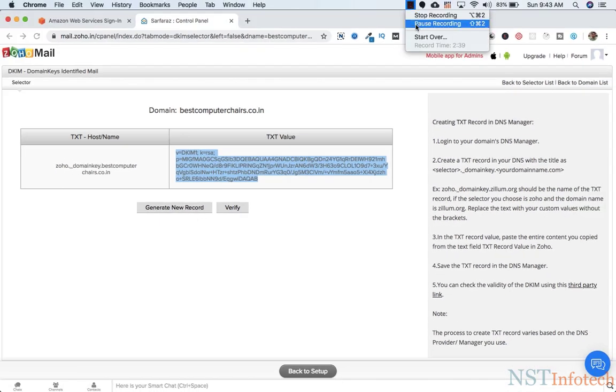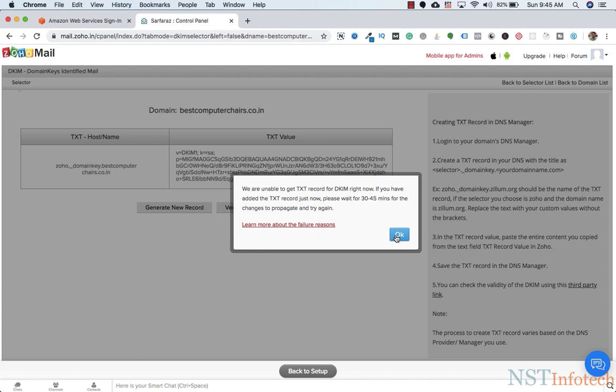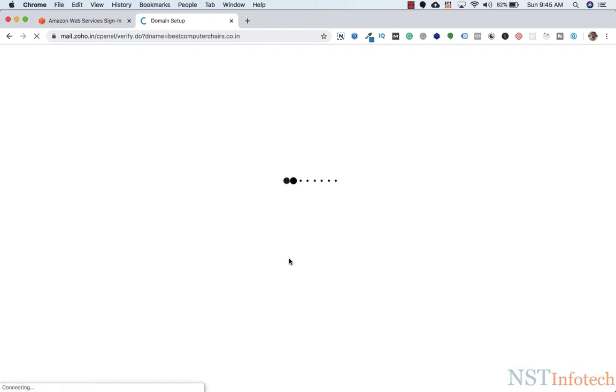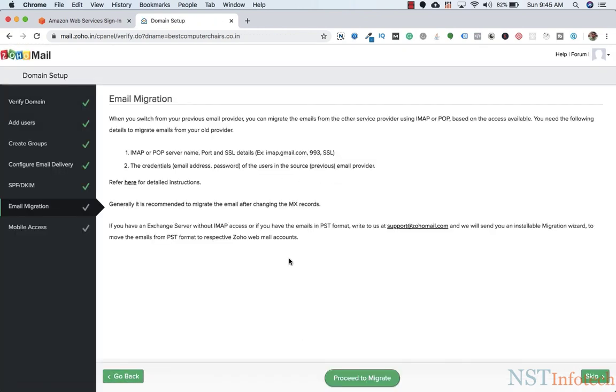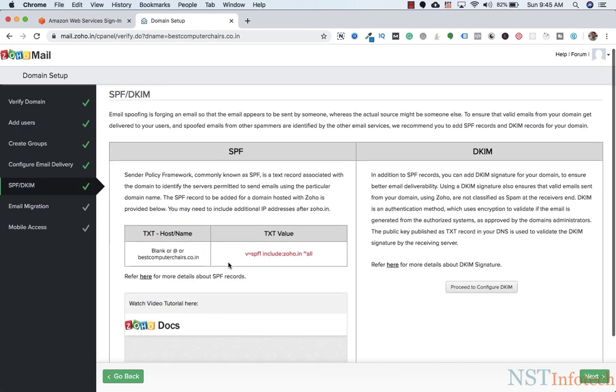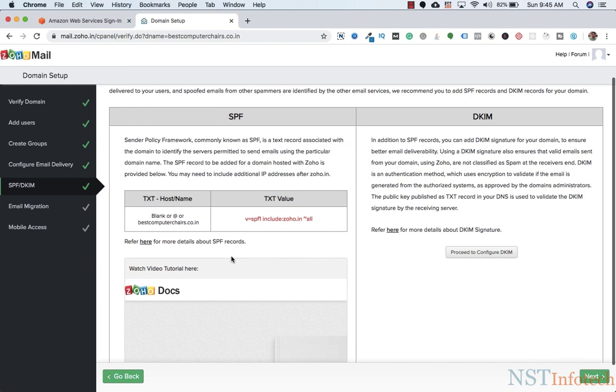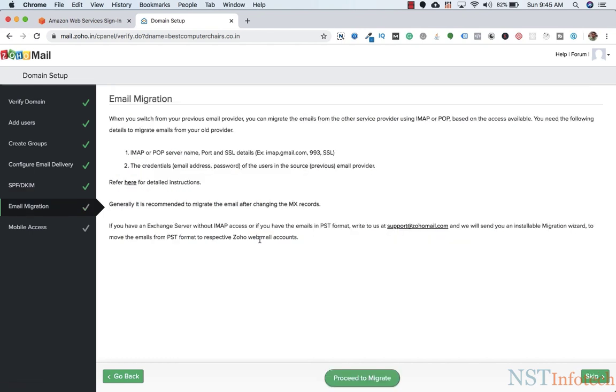Okay, now let's check and verify. So it is still taking time, so I'll click on OK, and I'll go back to setup. Right now it is showing green tick mark, but the SPF and DKIM is still pending, so we need to wait for a while. Okay, and I'll show you how to check SPF and DKIM from control panel. So let's move further. Okay, so let's click on next,